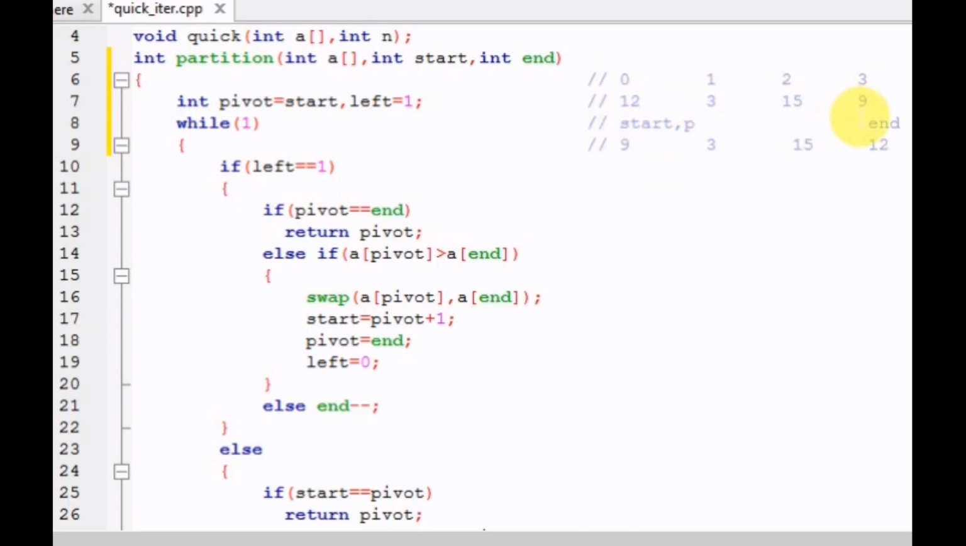Okay, as 12 and 9 will be swapped. Here start and pivot were 0, right? Now start equals pivot plus 1. So 0 plus 1 equals 1. So the value of start will be 1. Okay, and pivot equals end. What was the value of end? End was 3, right? So pivot equals end. So this index 3 will be the value of pivot,